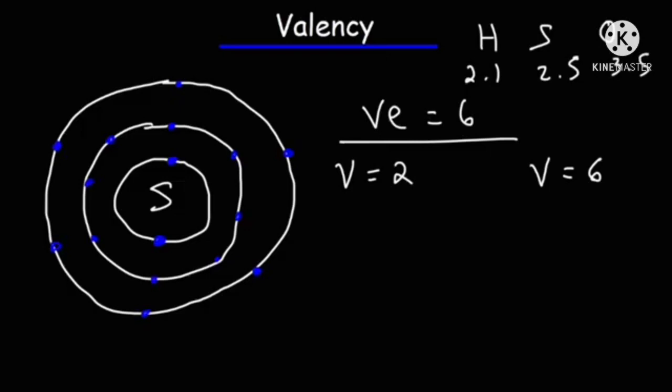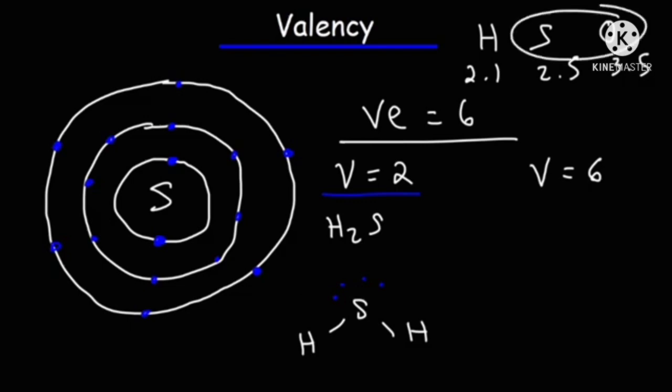When it gains 2 electrons, or when it loses 6 electrons, does it get stabilized? Yes. Both cases it does. In the periodic table some elements have variable valency. Some will gain, some will lose, based on the conditions. See, in the case of H2S, sulfur is gaining 2 electrons from hydrogen,